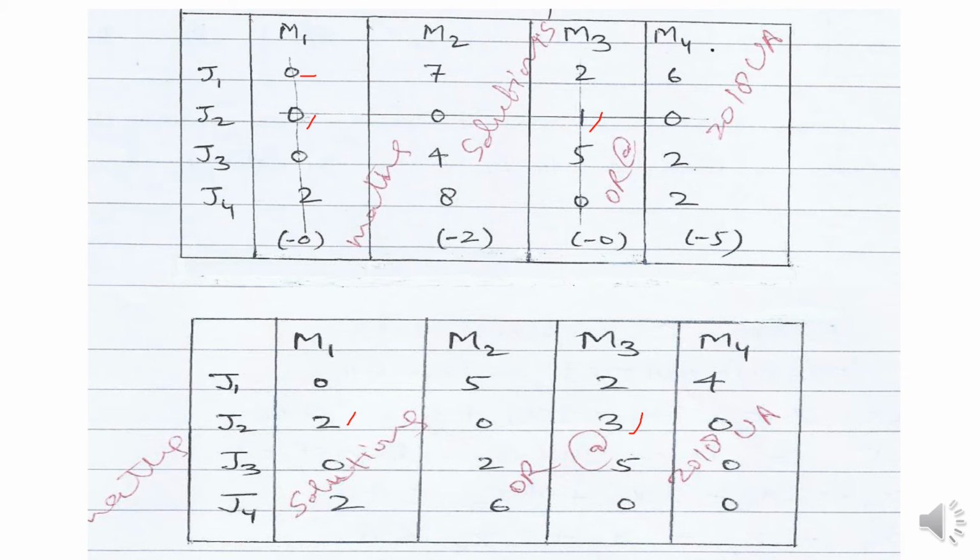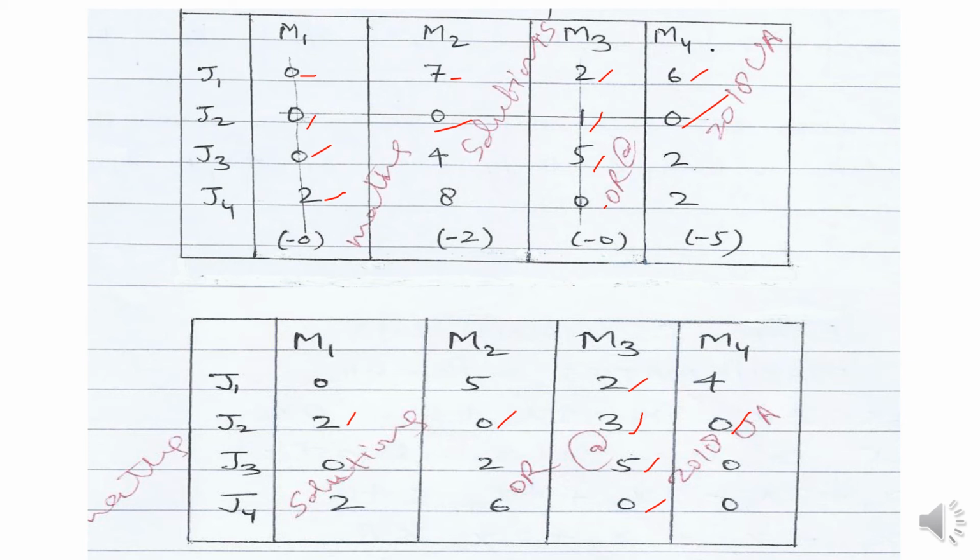Now we won't make any change where a single line is there, so this 0, 2 won't be changed, so 0, 0, 2. Here a single line is on 0, so no change. Single line is on 2, so no change. 5 and 0 single line, so no change on these 2 also, and here 0 is covered by a single line, so no change.